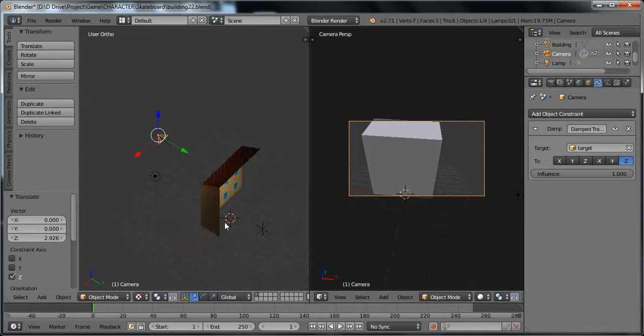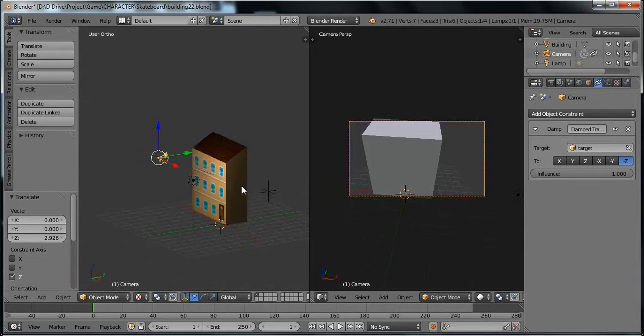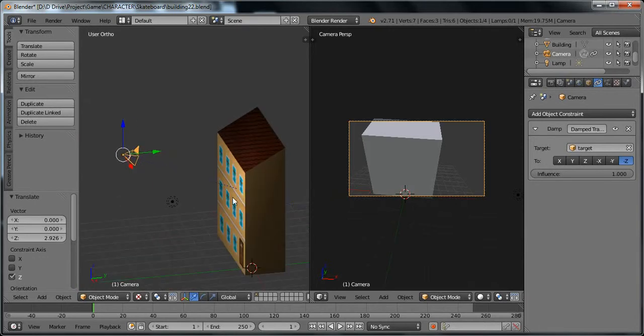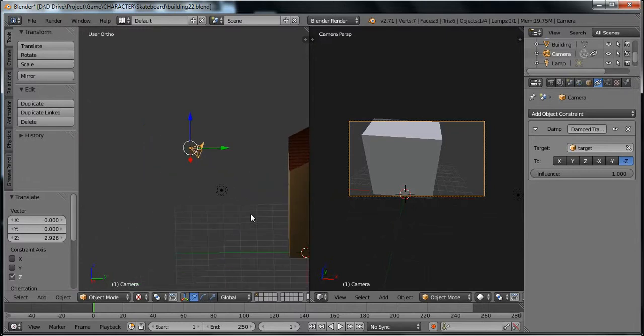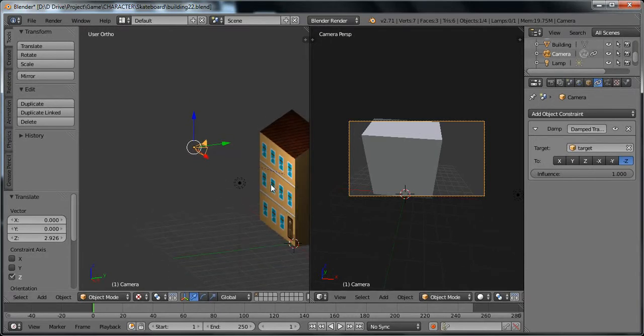So we have deleted the back faces, so it becomes very light in the game engine and runs smoothly. The hidden parts will not appear in the game, so we focus only on the front side.